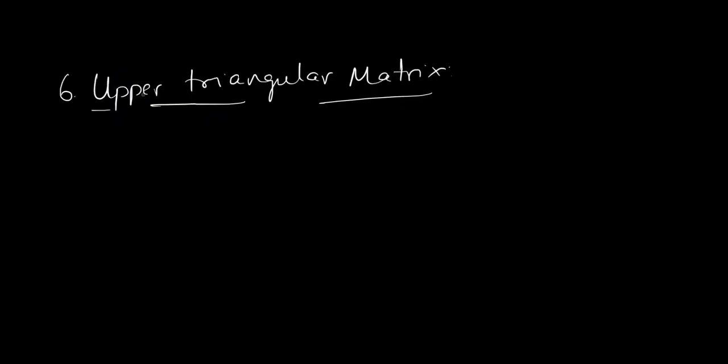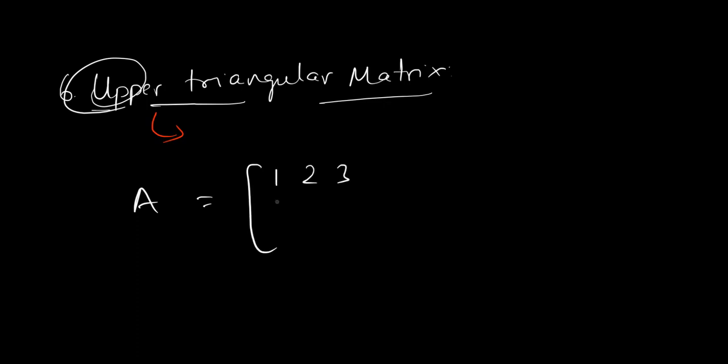When it says upper triangle matrix, lower off diagonal elements are 0. Lower is going to be 0. So let us see an example. It said upper, right? When it said upper, there will be numbers on the top. It's going to be 0 0 0 0, and this is going to be 5 or 6. You can see it clearly. The lower are going to be 0, and even the diagonal and the top are going to be with numbers. It is called upper triangle matrix.